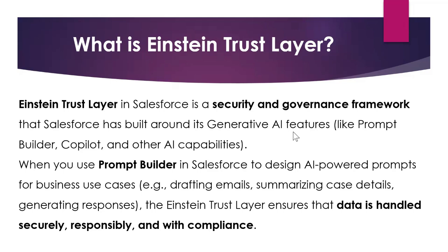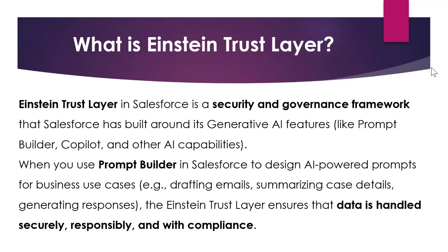So, what exactly is the Einstein Trust Layer? The Einstein Trust Layer in Salesforce is a security and governance framework that Salesforce has built around its generative AI features like Prompt Builder, Copilots, and other AI capabilities. When we use Prompt Builder in Salesforce to design AI-powered prompts for business use cases, for example drafting emails, summarizing case details, or generating responses, the Einstein Trust Layer ensures that the data is handled securely,